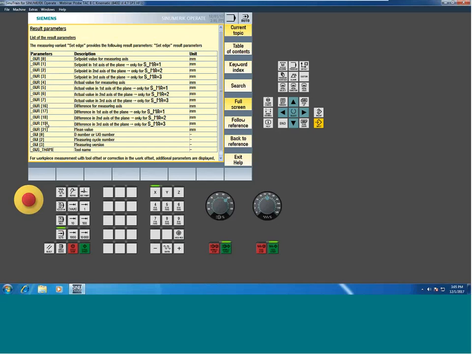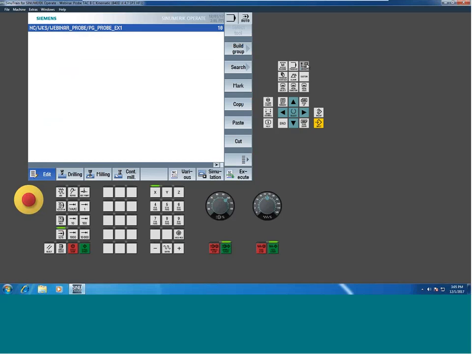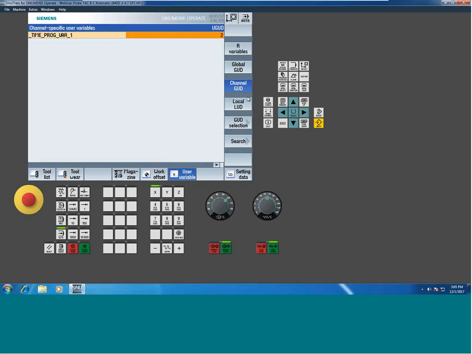Now, where are these OVR variables? So those are going to be found in the offset table under user variables, and those happen to be what we call channel GUDs. GUD stands for global user data. And these are just,